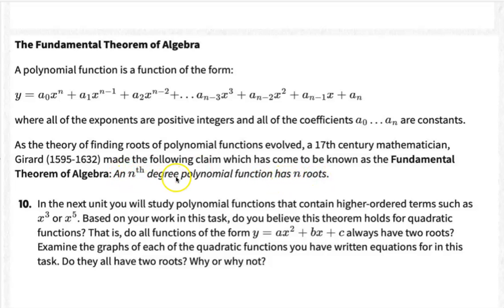So the degree is the biggest exponent. So the biggest exponent for a function tells us how many roots it has to have. Okay, so a root is a number that we plug in, and we end up getting 0. All right, so if I plug that value into my original polynomial, I would end up getting 0. Okay, so in order to think about that,